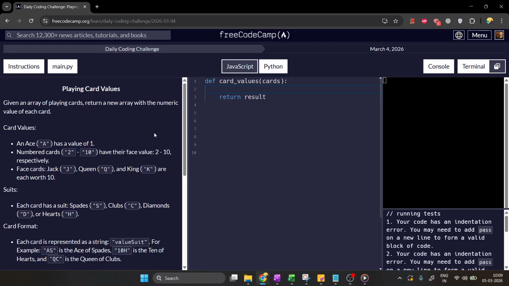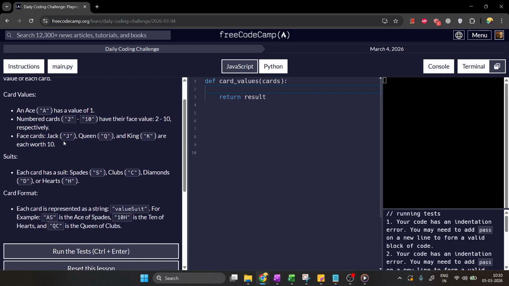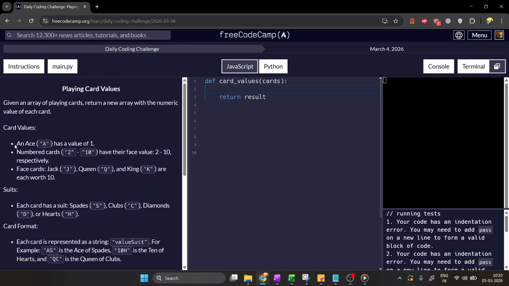Okay, playing cards. Let me read the question. We are given an array of playing cards and we return a new array with the numeric value of each card. So for values we are given certain rules, and A has a value of 1,